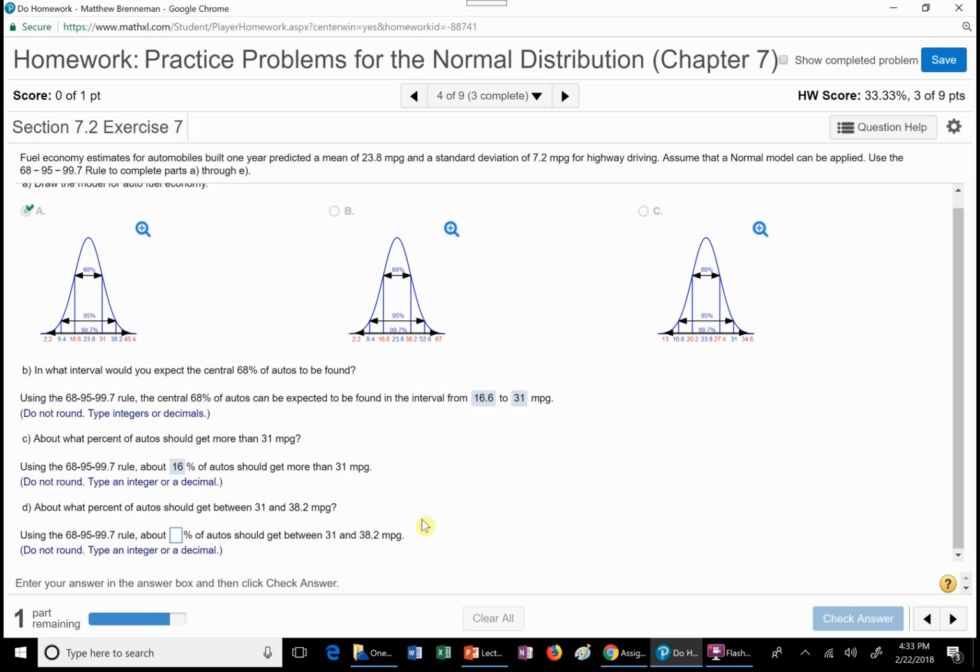And last but not least, this is a good problem. It wants to know what percentage of the autos get between 31 and 38 miles per gallon. Again, I'm not going to bother writing all those numbers out. I'm just going to write the z-scores, okay? So what I want is the probability